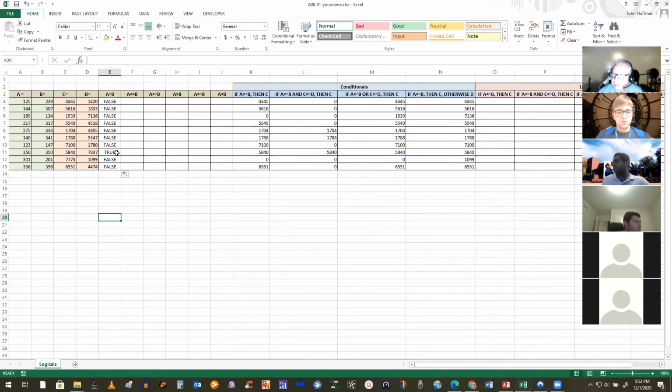In Excel, false evaluates mathematically to be 0. True evaluates mathematically to be 1. Now, in Access, it was different, okay? False was still 0, but true was -1. I don't know why they did that in Access, okay? But in Excel, true evaluates to be 1. That's going to be important to us in a minute, okay?